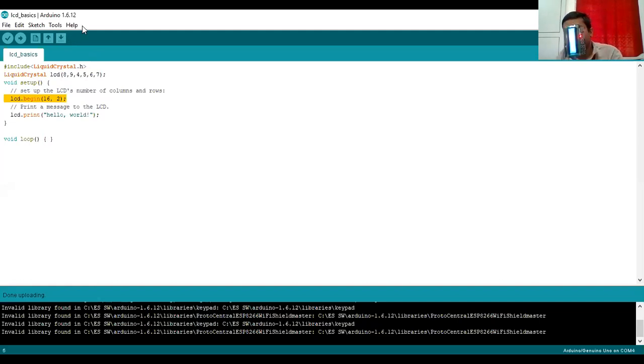I've connected our LCD shield to the Arduino Uno. This is the board.